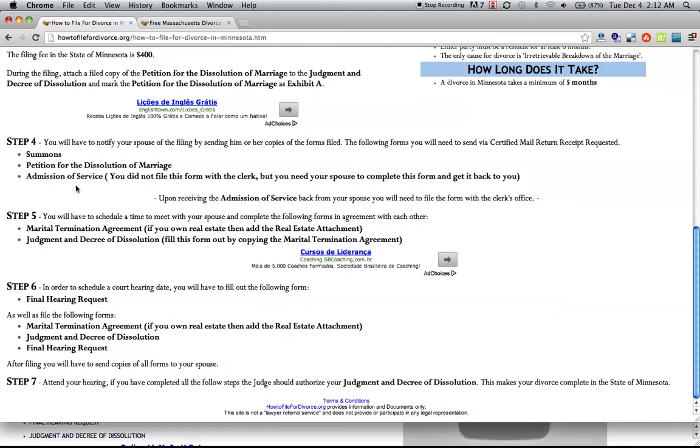So you'll also have to send this new form along with these two forms that you filed at the clerk's office. This is called the admission of service. Now you will need to have your spouse completely fill this out, sign it, and you'll have to get it back from them. Now this is very important because you need to file this with the clerk's office in order to move to the next step. Now sometimes there will be a spouse that will have cold feet, and it'll be tough to get this back from. So you just want to make sure that you're both on the same page, especially after spending a $400